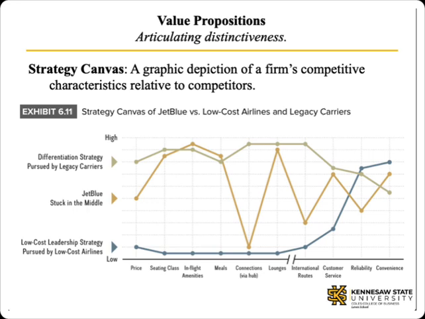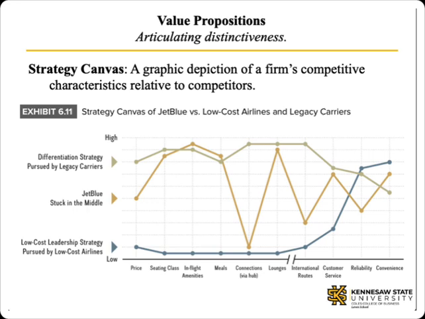Along the vertical axis are elements that are important to customer buying decisions. In this case, the number of services offered by an airline and their route structures. Along the vertical axis is the amount of investment that firms put into those elements. Notice that a lower investment should not be assumed to be a bad thing, since the lower investment could lead to lower prices for customers. The vertical scale is high or low, not good or bad. Then the task is to map individual firms onto the canvas.